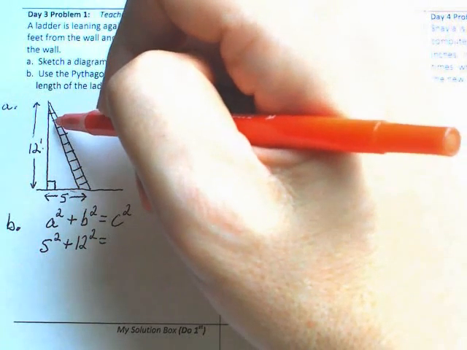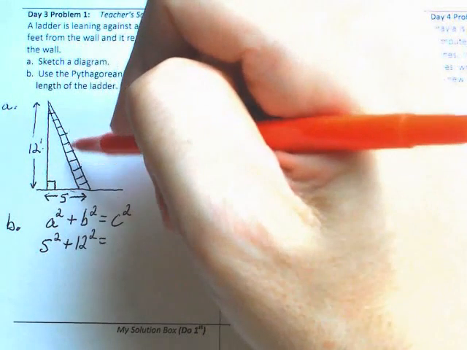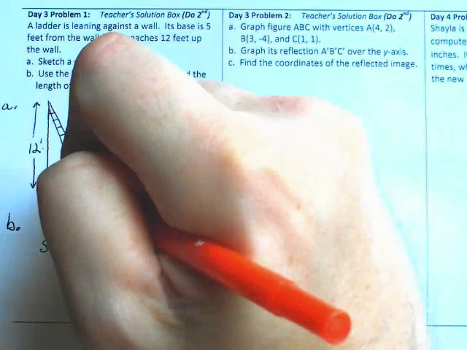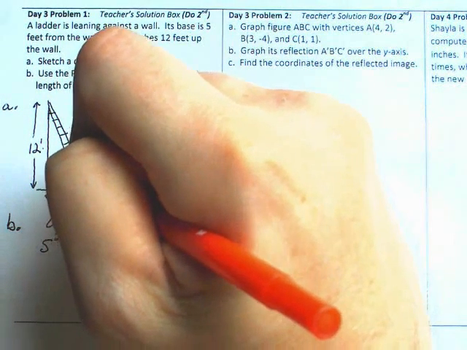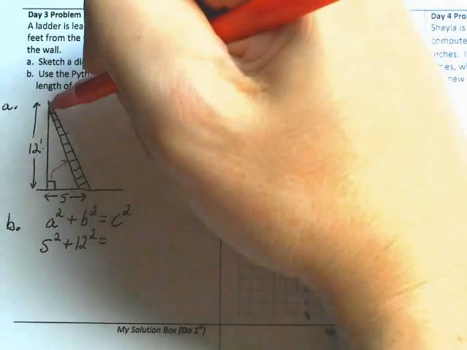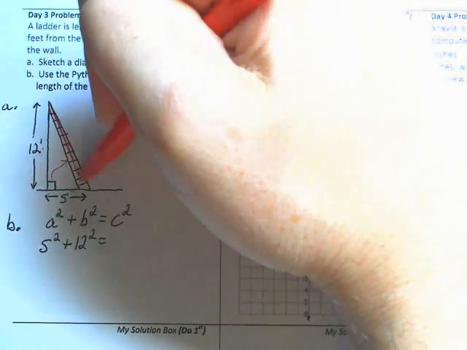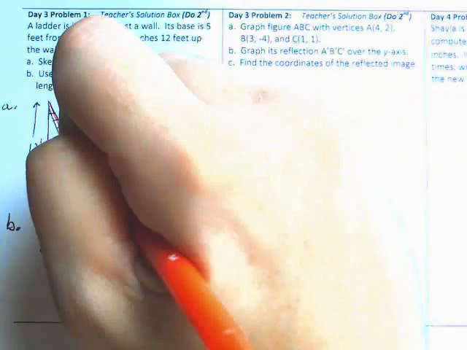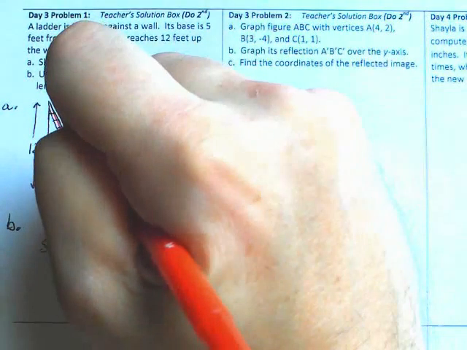It will often look diagonal. In this point of view, it is this diagonal looking side, and it's always across from the 90-degree angle. So this side of the right triangle is called the hypotenuse,